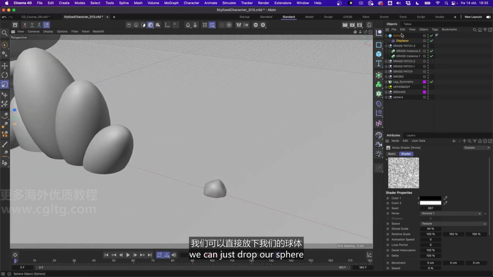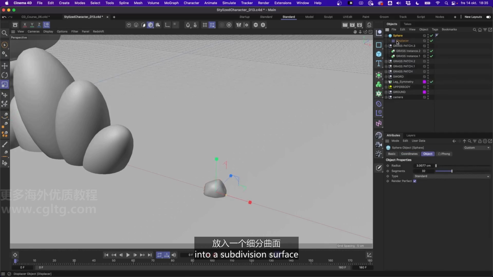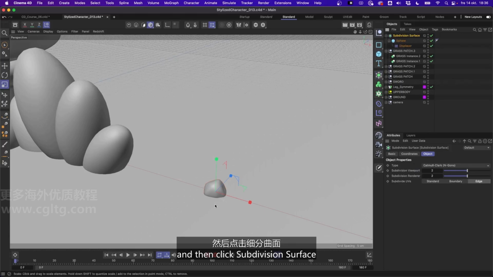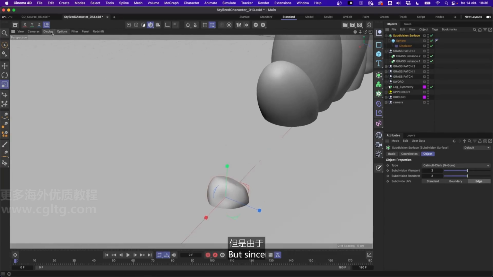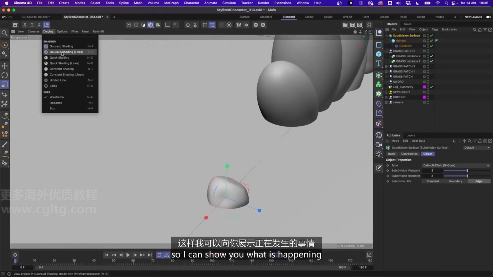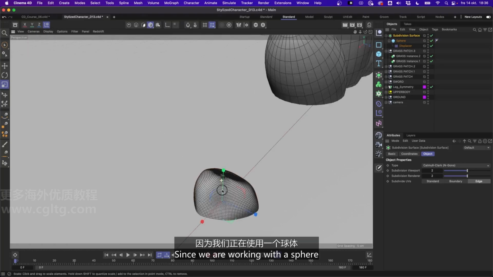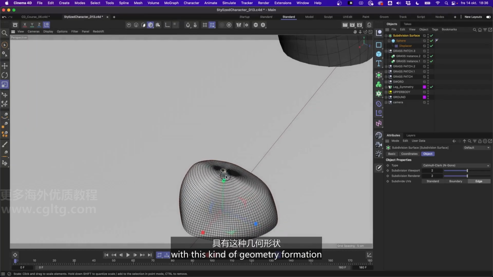So to solve that, we can just drop our sphere into a subdivision surface. I'll just have the sphere selected, hold Alt, and then click subdivision surface. So now we're getting a better smoothing here. I'll turn on the lines here so I can show you what is happening. Since we are working with a sphere with this kind of geometry formation, we're getting some pinching here at the